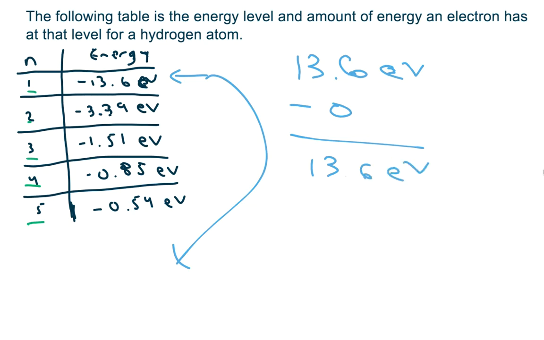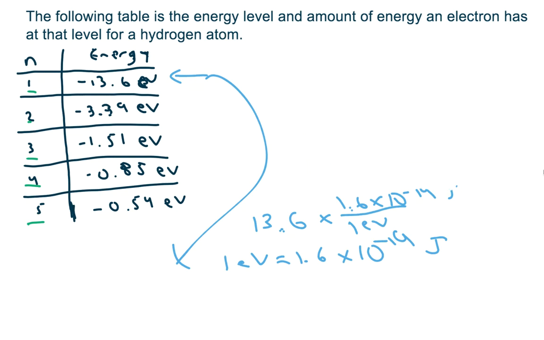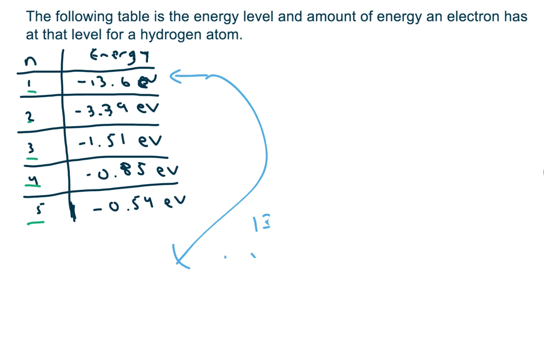eV. Now, what we can do is we can convert that electron volts into joules, because 1 electron volt is equal to 1.6 times 10 to the negative 19th joules. So what we'd have to do is take 13.6 and multiply by 1.6 times 10 to the negative 19th joules per electron volt. We're going to get a pretty small number for the joules, but that small number will be the energy in joules needed to remove the electron from the lowest energy level. We'll get something like 10 to the negative 18th to